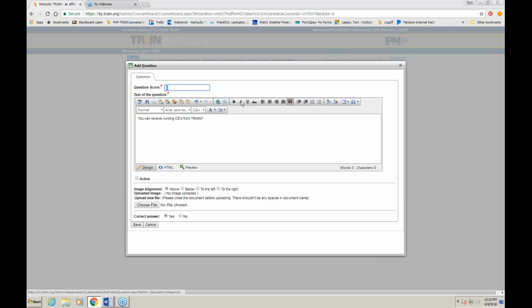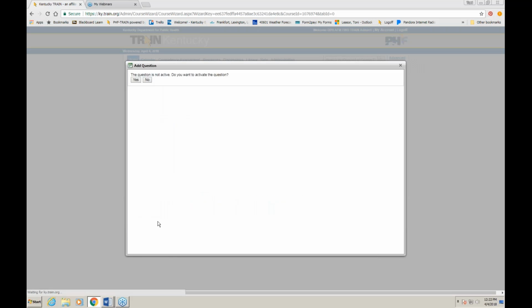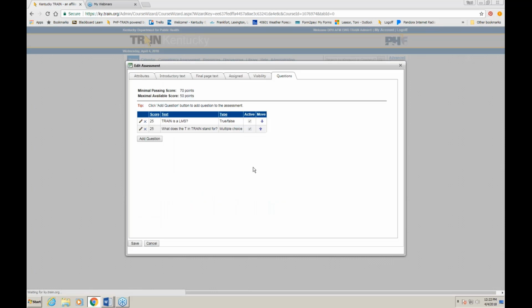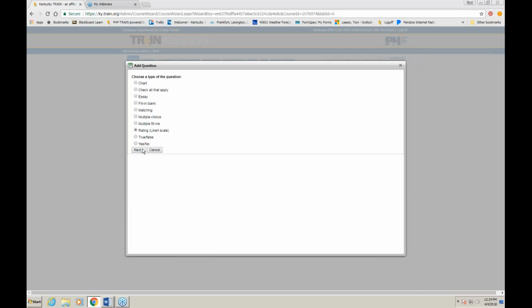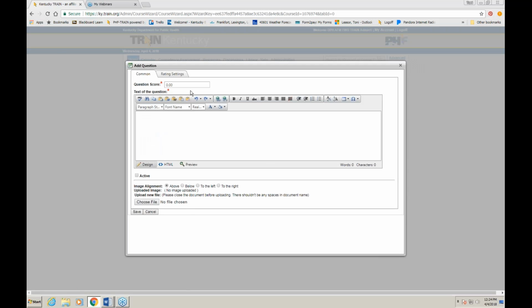And then again, don't forget to type in your score for the question. All right, we'll add one. Okay. And this is going to be just like your evaluation Likert scales. Type in the score, and then